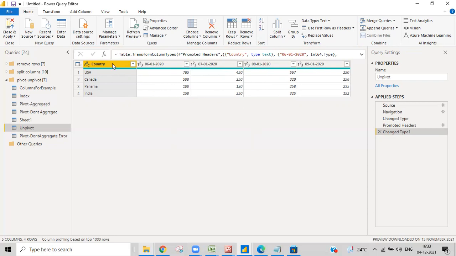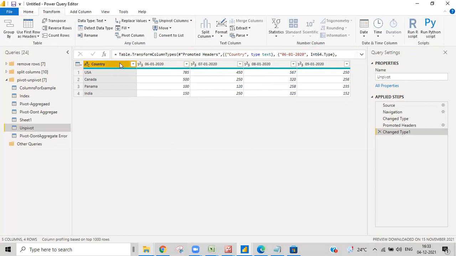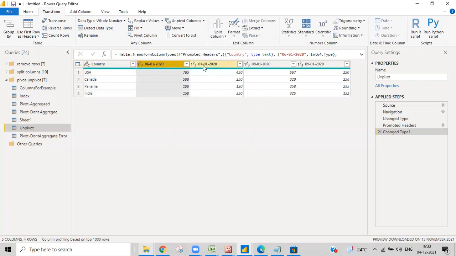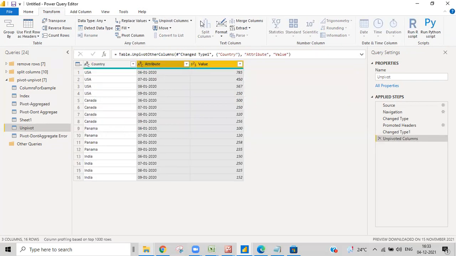To do that, we can use unpivot. That's a very simple thing. Let's set up that unpivot columns. We'll have unpivot columns and unpivot other columns. I have selected this. I want to unpivot all other columns, so I'll go with unpivot other columns. If you select these columns, holding control, and then select these columns, we'll go with this and get this. Here you can see all the dates came into one column and all the row values into another. Right now, I can take this attribute column and keep it in the slicer, and I'll get all these dates. If I click one date, I'll get the sales of that particular date.